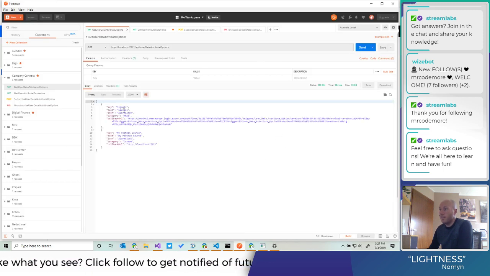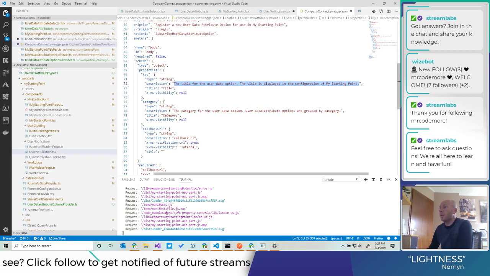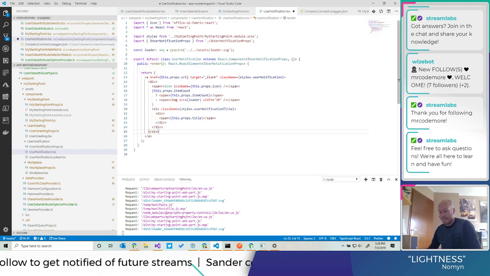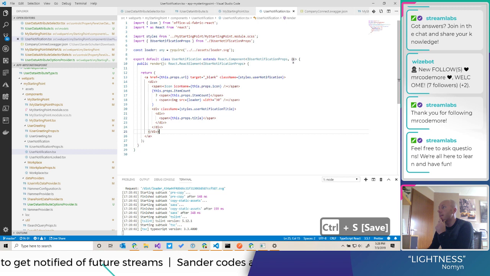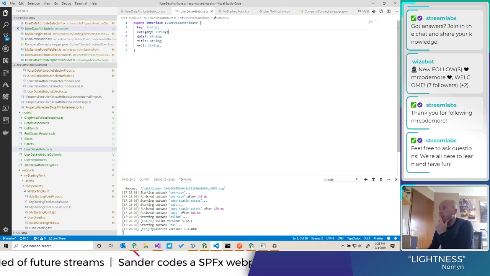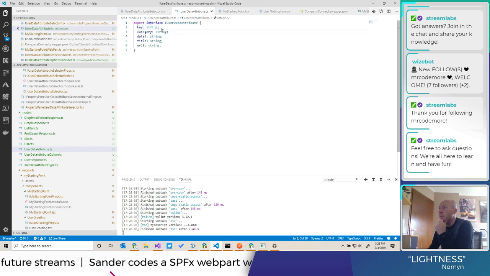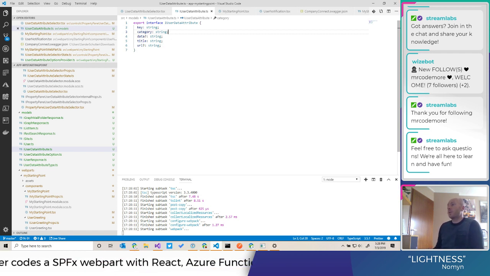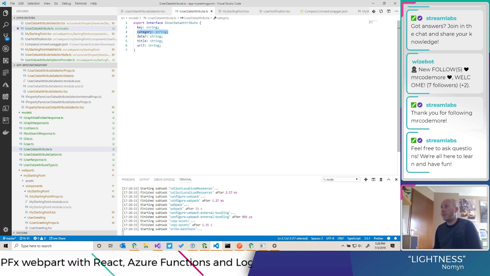Now we have the same name we used to have, and this time we also have the icon. So now we can use that in our web part to show the icon. But if we want to have the icon on the user data attribute, we would need to add an additional property here.